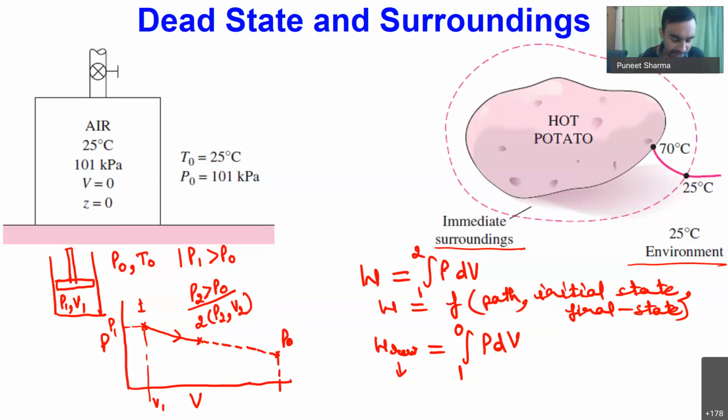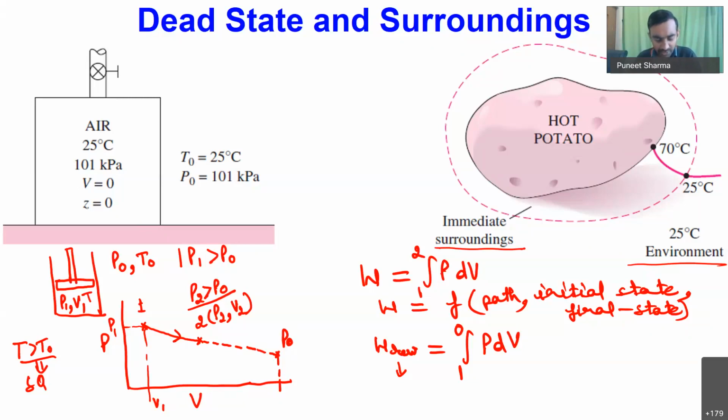Similarly, if I talk about heat transfer, consider that T is my inside temperature and outside is T0. If T is greater than T0, then I will have a certain potential for transferring heat. If I have that potential, I can connect a heat engine between the system and surroundings, and the part which is allowable to convert into work, that part I can utilize.